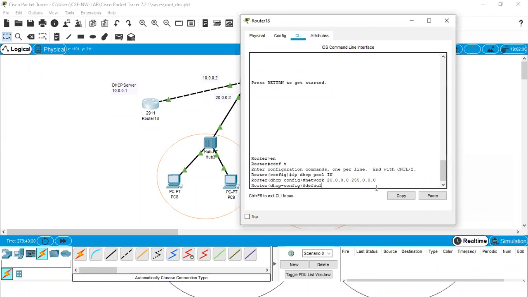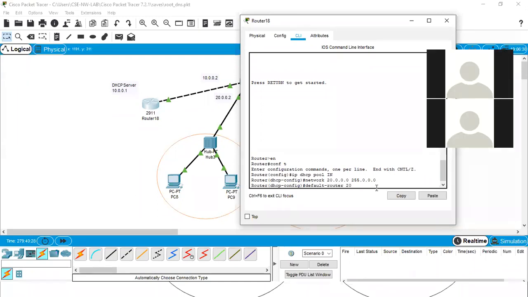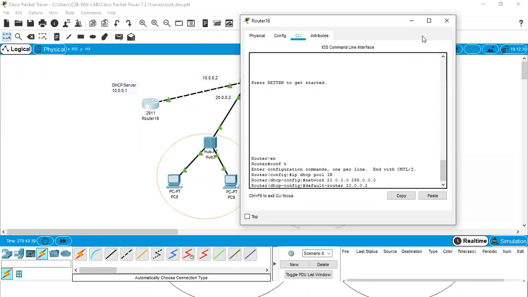Next command is to give the default router. Default router is nothing but the gateway address, because any packet that comes for any routing information, then this is the command.